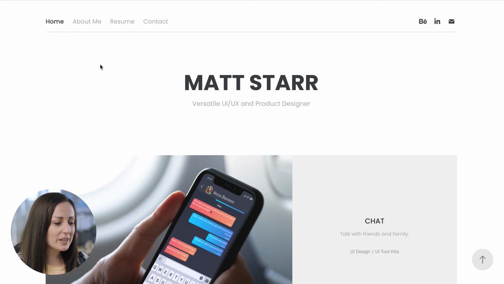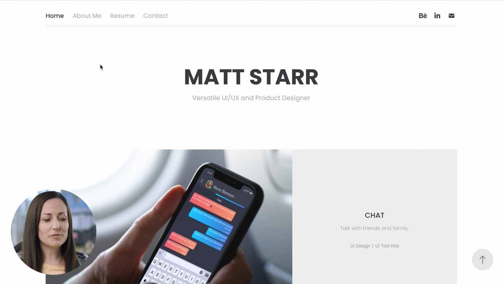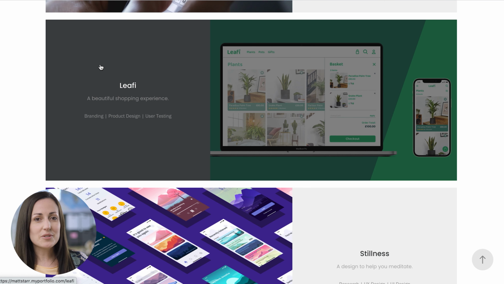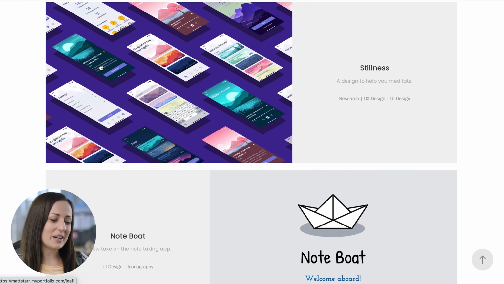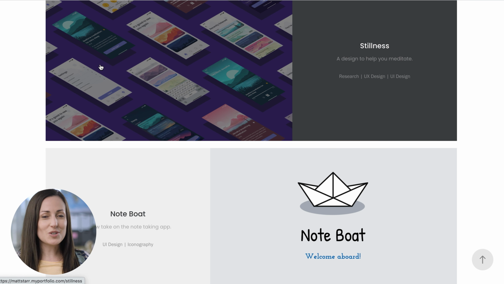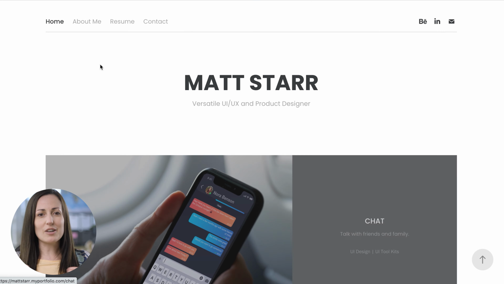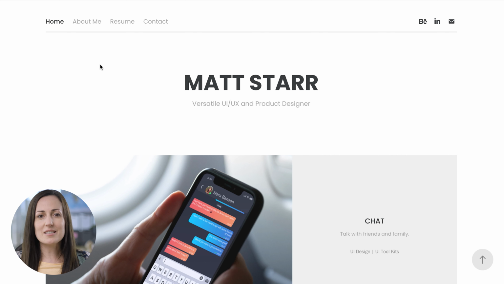So key takeaways from Matt's portfolio: a really wonderful, clean and simple front page, so that I immediately get the impression that Matt's done some really interesting, diverse, and really beautifully presented work. So I'm already excited to look and dive in more to what he's done. There's 3, 4, 5 examples just on the homepage. So I'm getting a good feeling about Matt and his skill set.